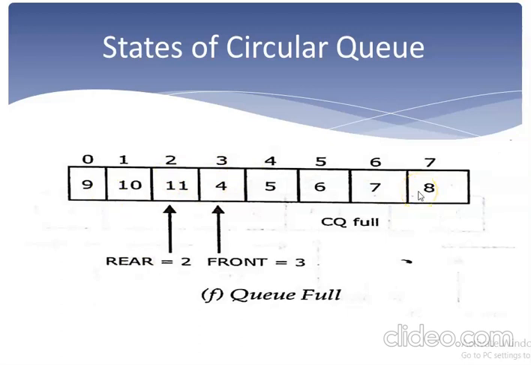So there are 2 conditions for the fullness of the queue. One is front is pointing to 0 and rear is pointing to 7. Then also there will be no locations free. Another is front is pointing just after the rear pointer, or in other words we can say that rear has reached the location which is just before the front pointer. It has reached 2 here and front is 3 here. In that case also the queue can be considered as full.